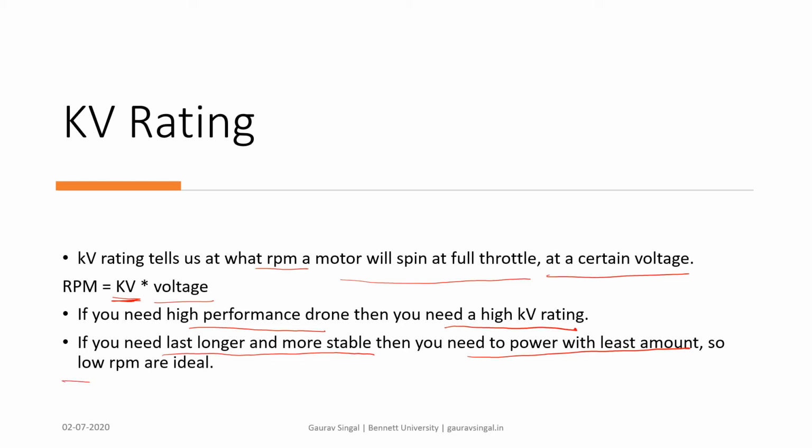So low RPM is ideal. Both cases have pros and cons. If you need high performance, you need high KV rating. If you want longer and stable flight, then you need low RPM or low KV rating.